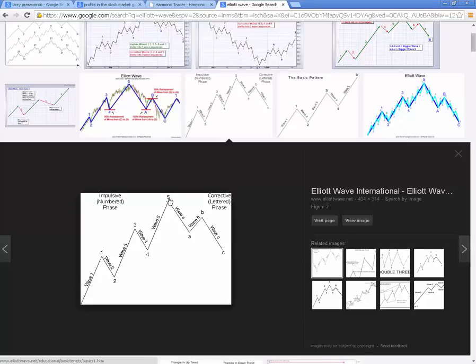But in harmonic world, this would be your X, the 4 would be the X, the 5 would be your A, the A would be B, B would be C, and then C would be D. And if you look here from 4 over to C, that's actually a Gartley pattern. You see that? That structure right there in an Elliott wave format and stuff that we were doing in the